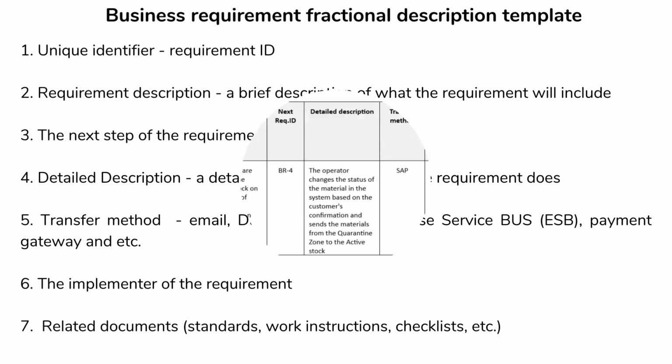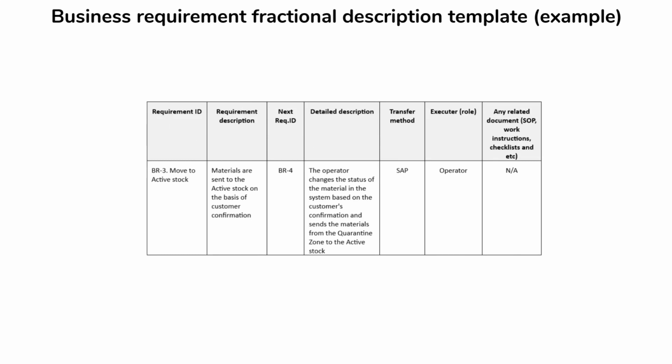Look at the real example. We had the requirement: move to active stock. Our requirement description: materials are sent to the active stock on the basis of the customer confirmation. We had the next ID requirement. This is BR4. And our detailed description: the operator changes the status of the material in the system based on the customer confirmation and sends the material from the quarantine zone to the active stock. Our transfer method is the SAP database, and our executor role is operator, and we had no related document